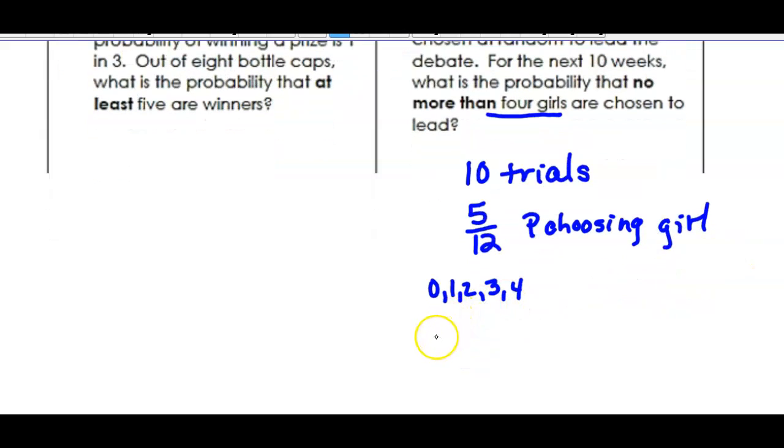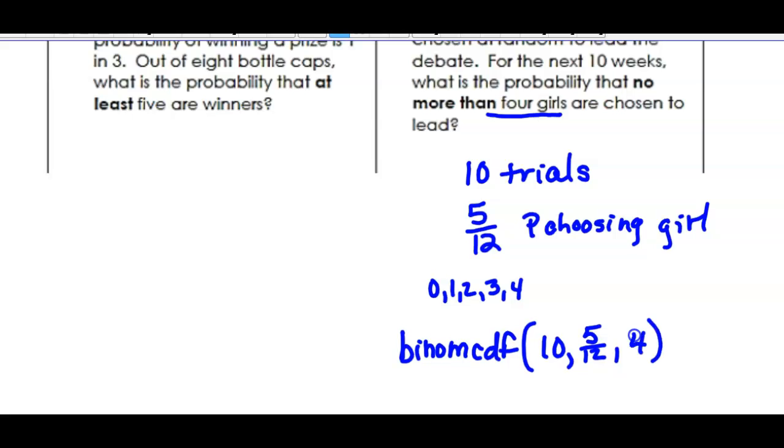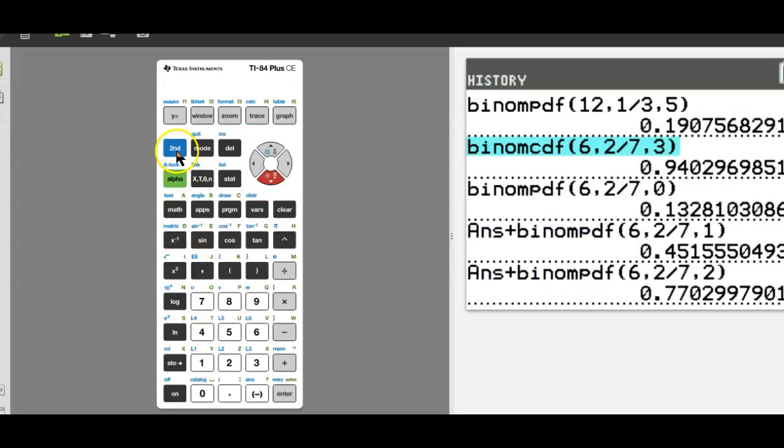So we need to do the combined probability of 10 trials where the probability is 5 out of 12 girls and we want to pick 4 or less. No more than 4 is 4 or less. So we're going to go